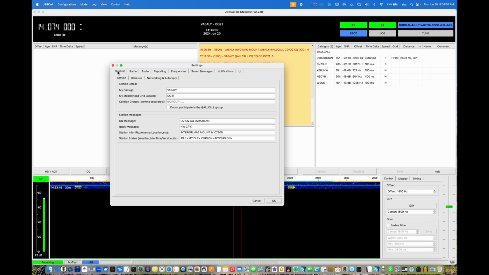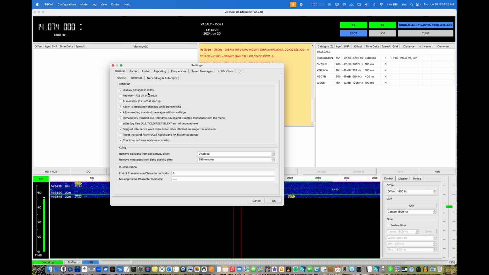Preferences, general, my call sign, my grid. This will automatically put in the grid. When you see something in brackets like this, the application itself will fill that in. Your behavior: display distance in miles, allow transmit changes, allow sending standard message without call sign, immediately transmit CQ, suggest alternative word choice. Because we're dealing with very slow speed,